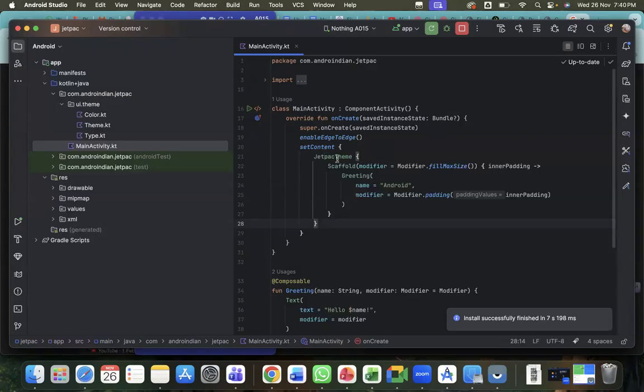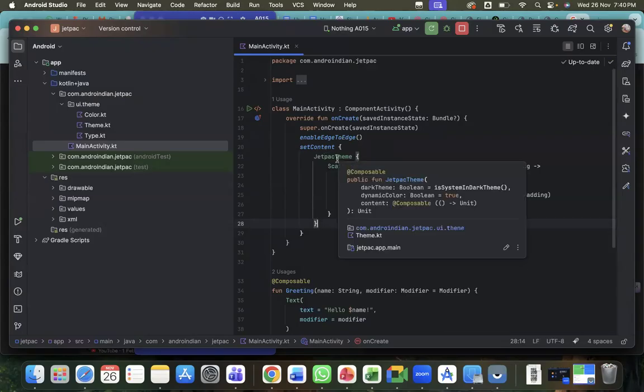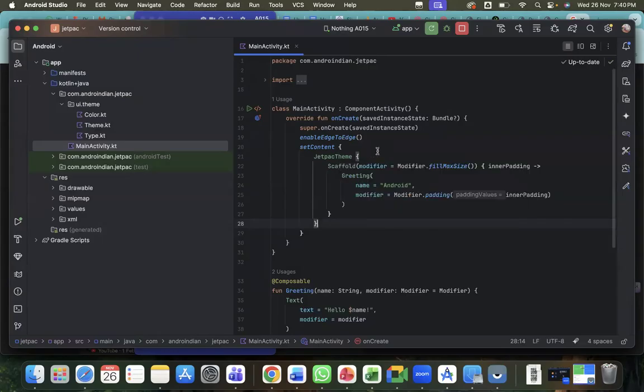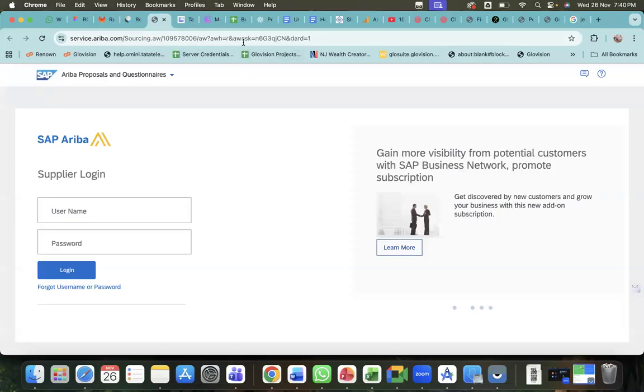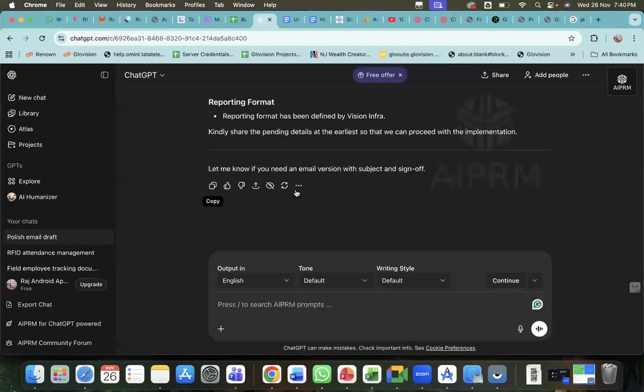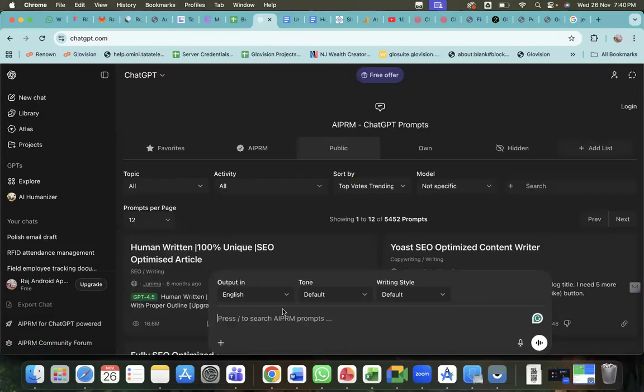now instead of setContentView, it will be different. So that is setContent. That is the Jetpack theme. So that Jetpack theme will be updated here now. Let us say I want to create a login page. So here now we'll ask ChatGPT. So this is ChatGPT. Like last time I showed one, I told that is like visor, right? So that visor or this one, it will help. So here now I'm asking that